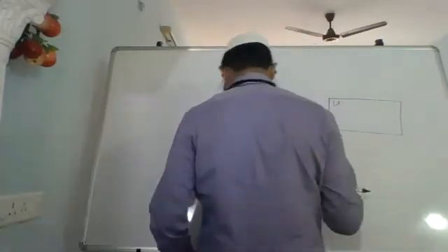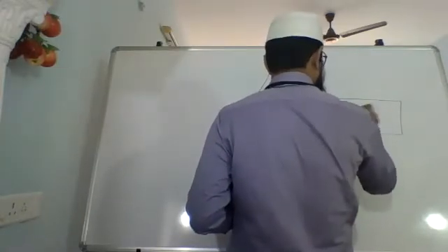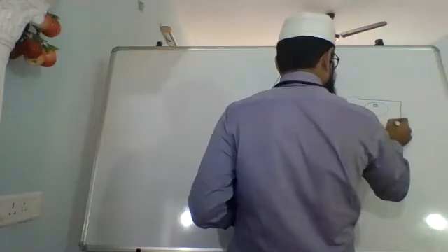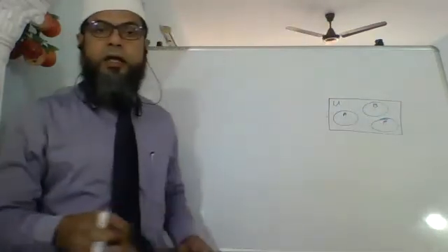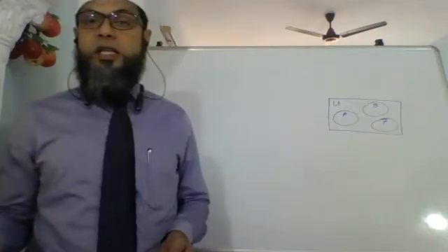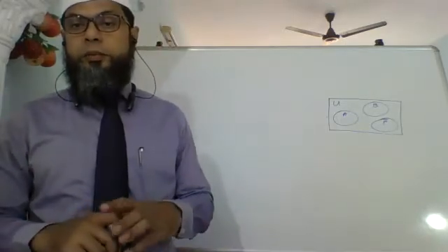What it means is it is a set of all numbers. Inside it you could have set A, you could have set B, you could have set P, all of this. All of these put together, that is going to be your universal set. That is what it means.